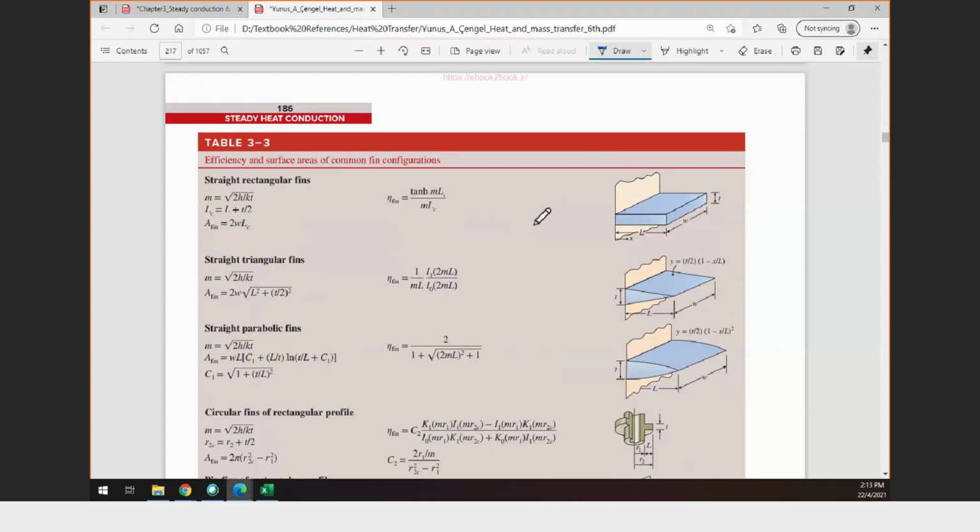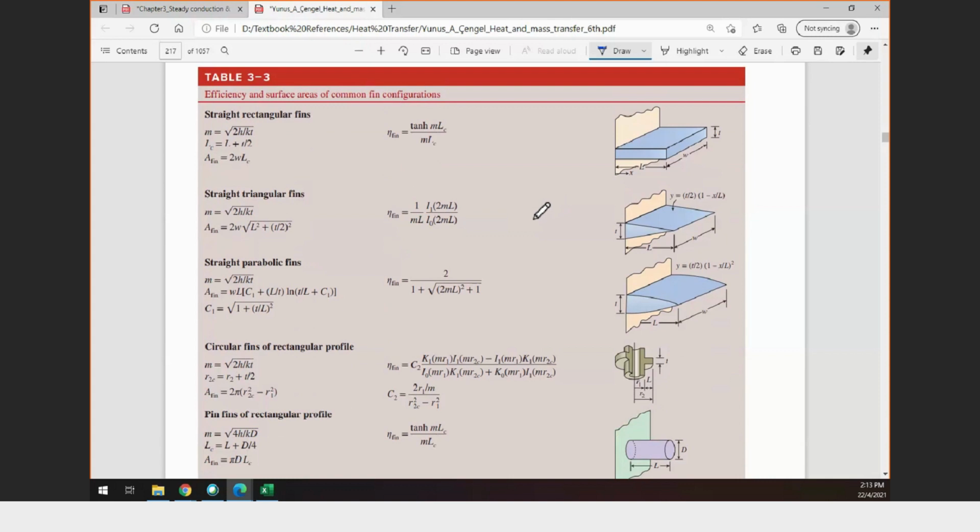This table is very useful. In fact, I believe if you are working in a company that designs fins, you will use this table as well. You will use this table again. Okay, so look how they